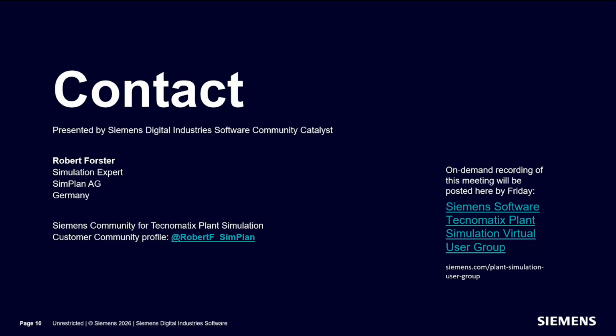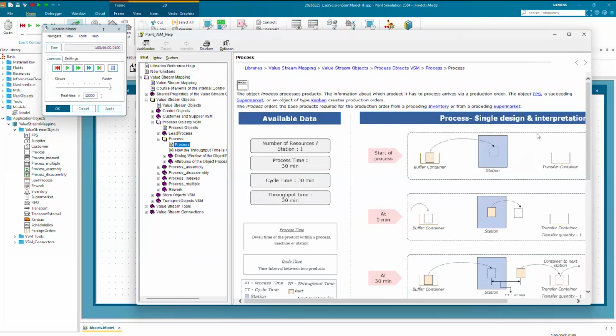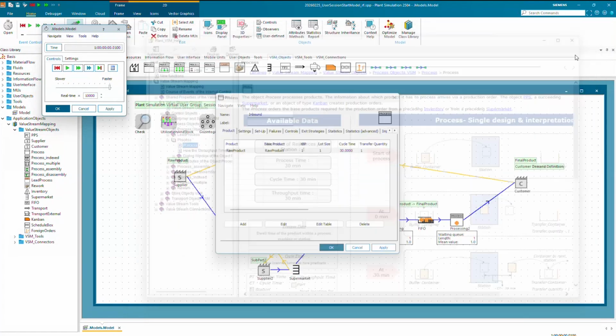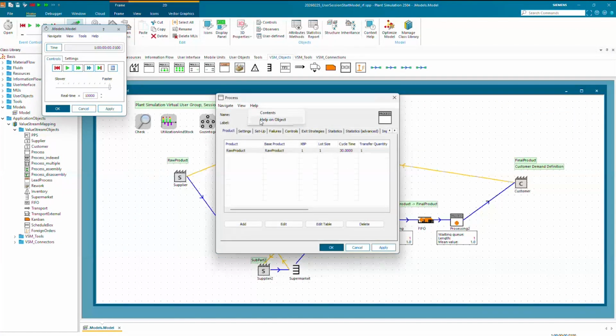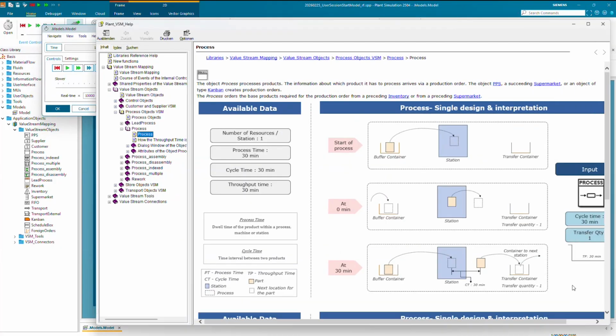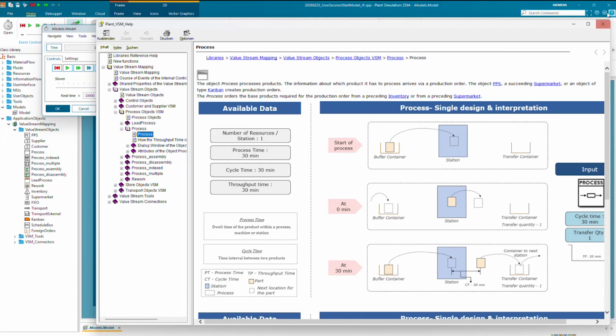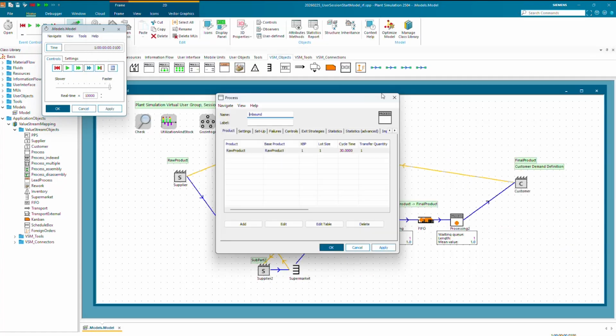And can you show a realistic example before and after optimization using VSM? So yeah, sorry, this was the Plant VSM help file right here. If you go to an object, there should be help on object, and then there should be steps on how a certain process is interpreted, how certain values are applied.